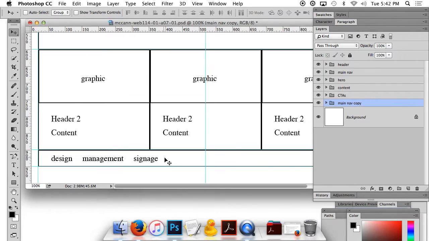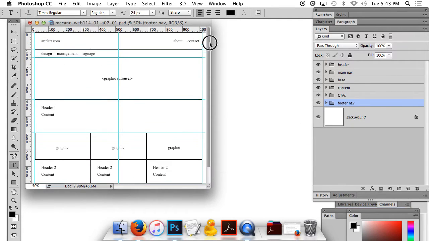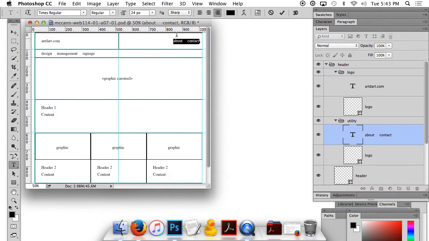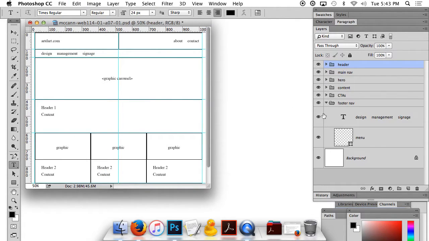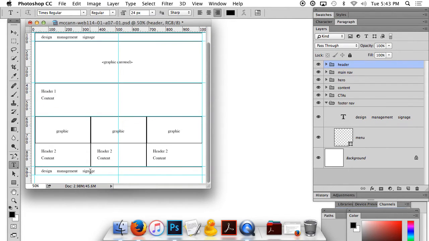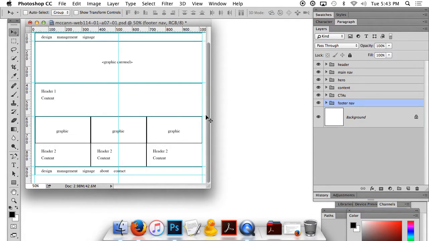And I've already got my... so I'll change that to footer nav. And I've got, we're going to zoom back out. I've got some text up here, my about and contact, edit copy. And go back to my footer nav there and tack that onto the end of that. 4, 5, Command V, there that is. That's my footer nav. And the last one is to duplicate my footer nav, copy there, and change that to